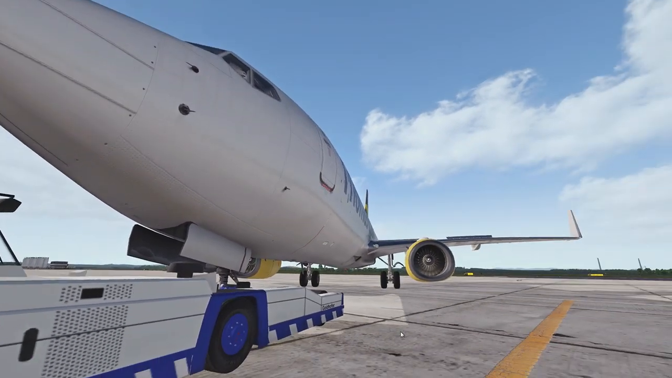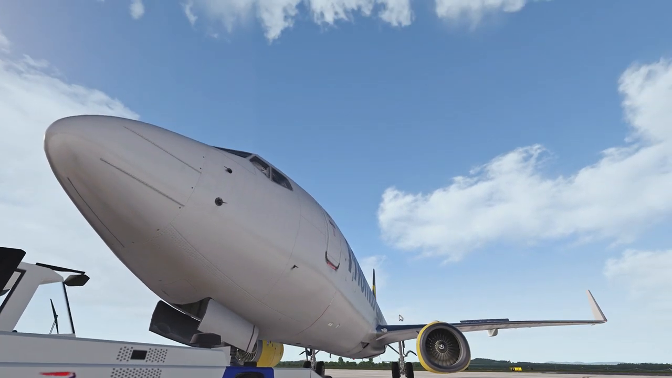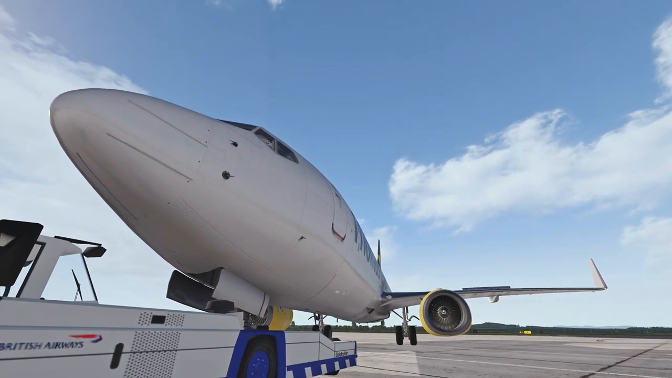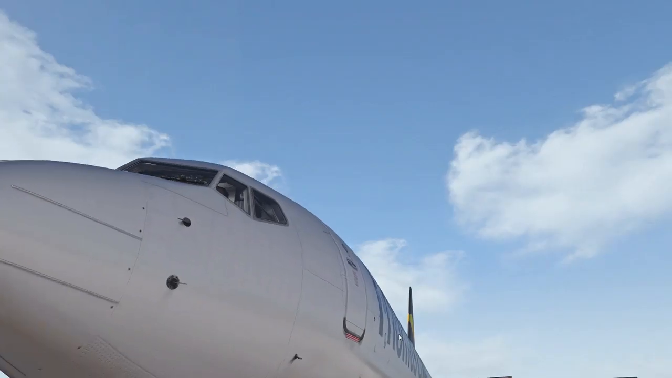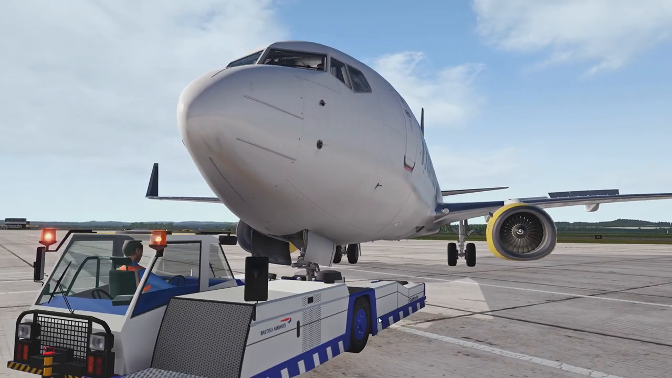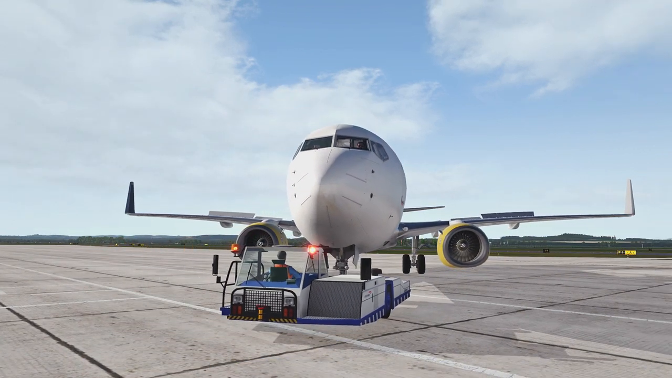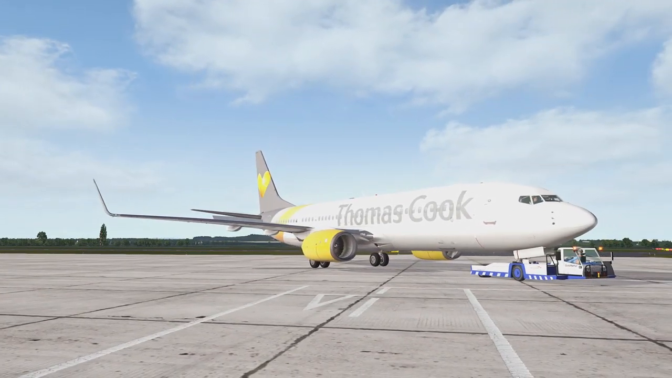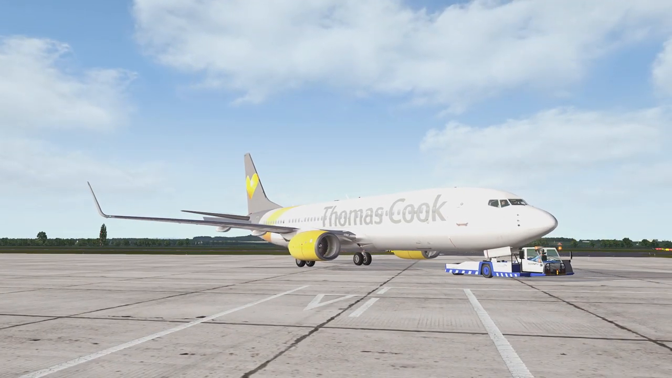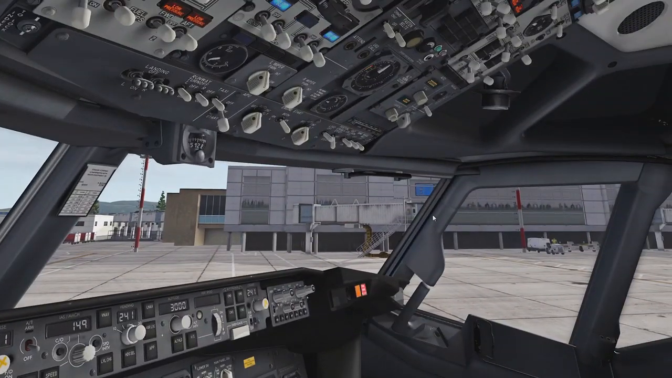There we go. It's got a British Airways pushback tug. But we're being pushed back. I'm actually just going to stop it right there, and I think that's a nicer view for some reason. I just prefer that view overall. But there's our aircraft. I'm actually going to now go inside and we're going to switch the beacon light on